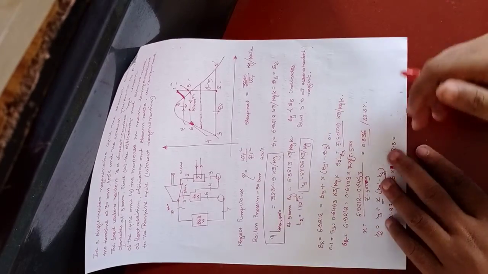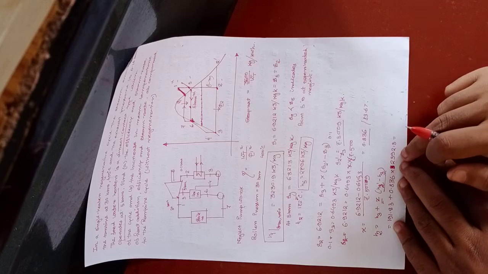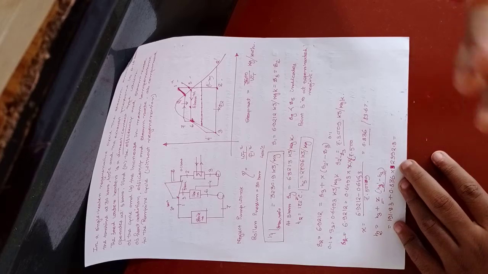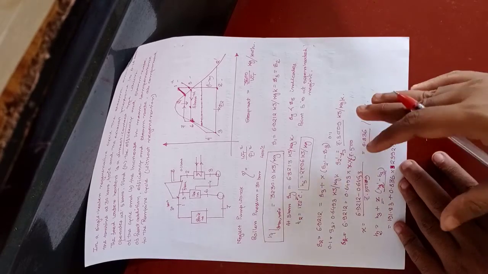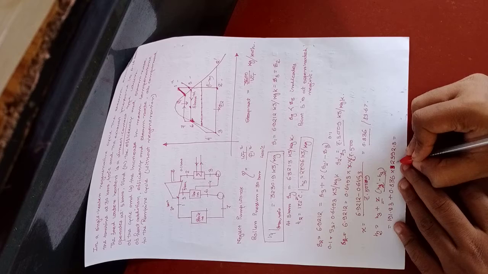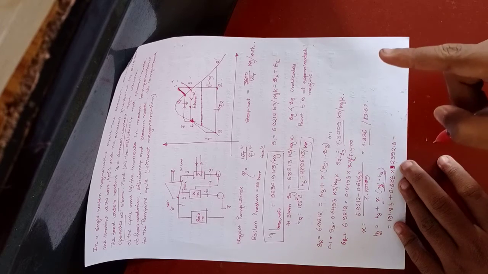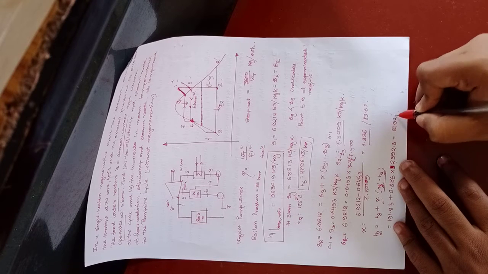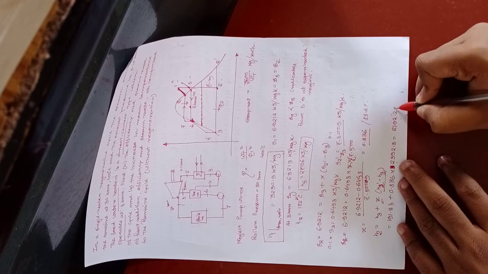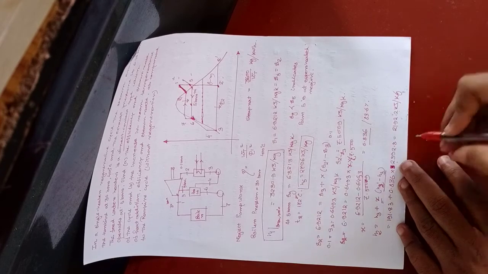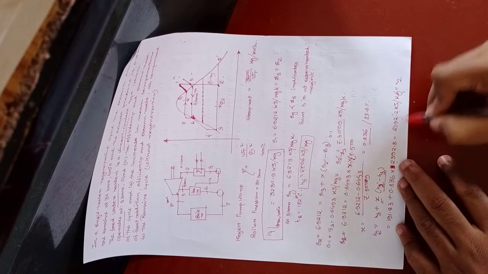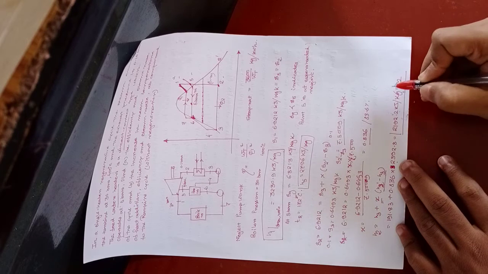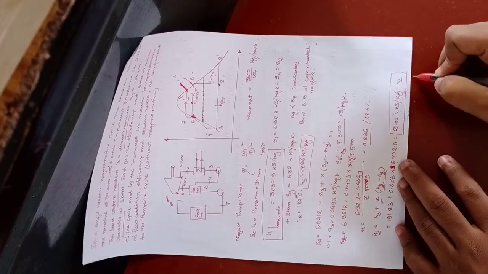So don't get confused about how I am getting this data, because I am getting it from the steam table. I have already told how to use the steam table. So if you use the steam table and check, you will get the data. This is your homework, to check the data from the steam table. So H2 will come 2192.2 kilojoule per kg. So this is your H2.